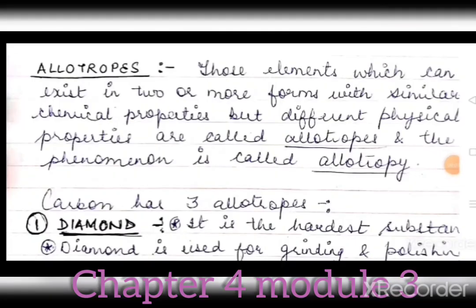Hello dear students, now the next topic of our chapter number 4 is allotropes of carbon. So here first of all let's discuss what are allotropes. Those elements which can exist in two or more forms with similar chemical properties but different physical properties are called